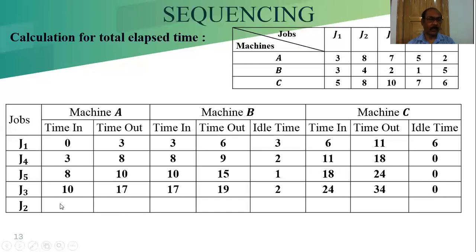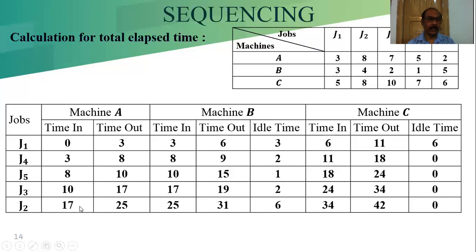Now we calculate and check whether there is any idle time or not, and also we will get the total elapsed time to complete the jobs J1 to J5 through the machines A, B, C. Now J3 timeout in the machine A, that is the time in for the job 2. So job 2 time in for the machine A is